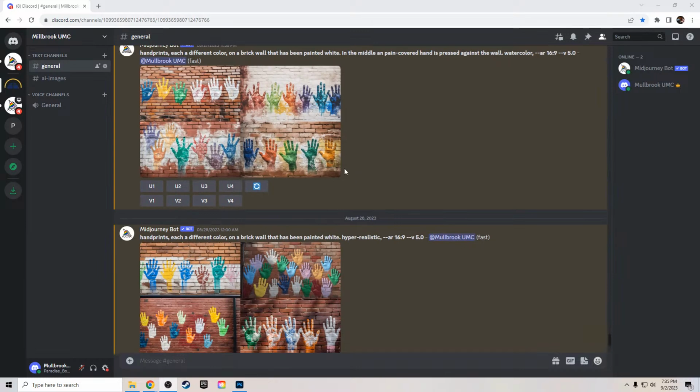Here you can see last week. So last week's sermon about how Jesus is a change maker, I got the idea. This is a perfect example of when it doesn't work. I got the idea of multicolor. Well, you can see from the prompt here, handprints, each a different color on a brick wall that's painted white. And what I thought would be good is if you had a person putting their hand up on the wall to make a new print next to all these multicolored ones. But as you can see with these first tests I did,